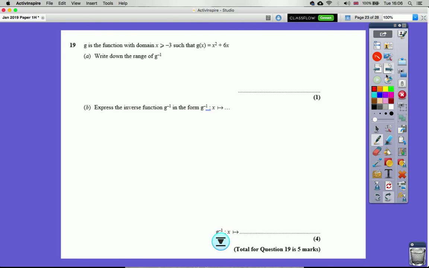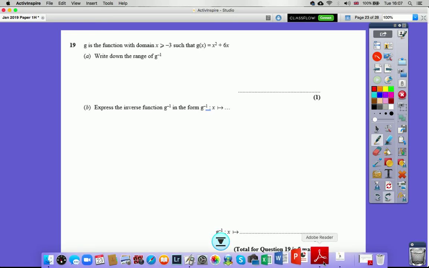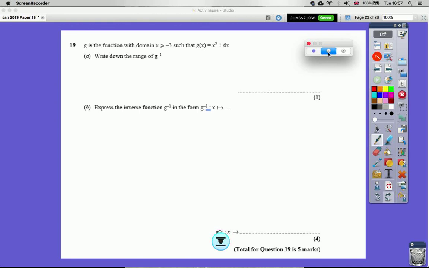Let's look at the next one, functions. Question number 19. G is the function with the domain x greater than or equal to minus 3. G of x is x squared plus 6x. Write down the range of g inverse of x. Okay, so the question is saying g is the function with domain x greater than or equal to minus 3, such that g of x is x squared plus 6x. Write down the range of g inverse x,